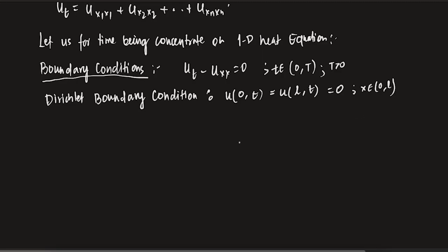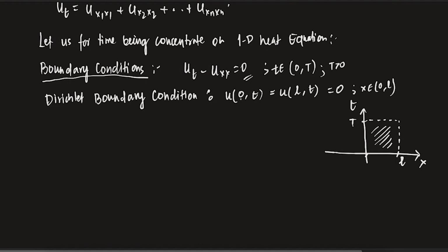So what it is saying is something like this. Let's draw some pictures here. Let's say this is your x variable and that's your t axis. Okay, and 0 to L, that's your x, and 0 to capital T. So this is the domain where we are working, and in this domain u satisfies this equation.